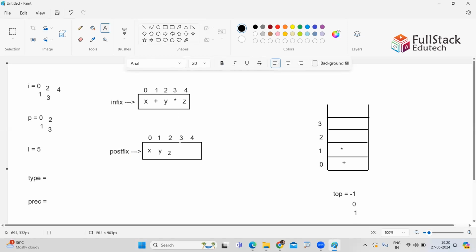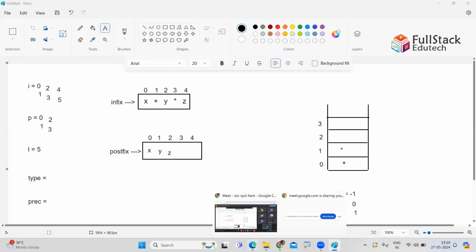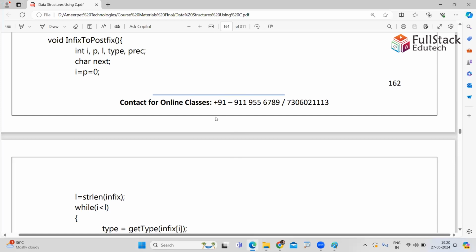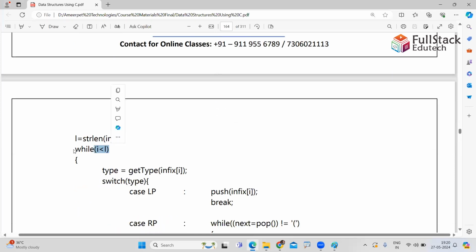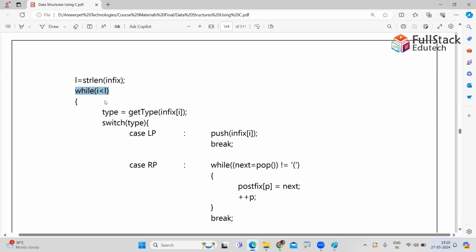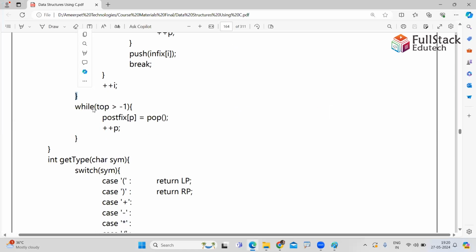See, whenever it is 5, the i value becomes 5. It's failed. Look at this. 5 is less than 5, the condition is false. This while loop will be terminated here. Why this while loop? What is the last option? If there is no more input,